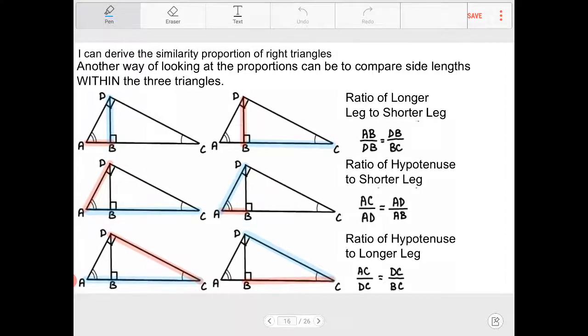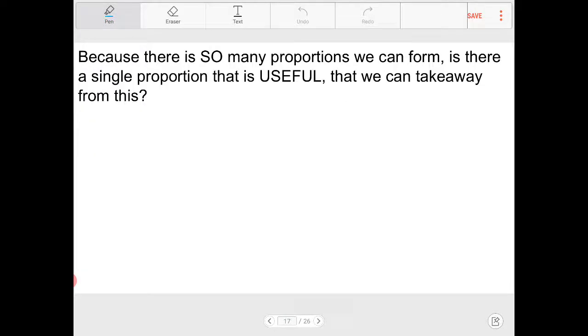Okay. There is one thing that I do want you to, quote-unquote, memorize, and that is, because there are so many proportions that we can form, is there a single proportion that is, and I have it in bold here, useful, that we can take away from this experience? There is absolutely something that is useful that comes up all the time, as I've mentioned in the beginning of this lesson, because it comes up all the time across math, across physics and chemistry, and all different STEM related fields, right? And that is,